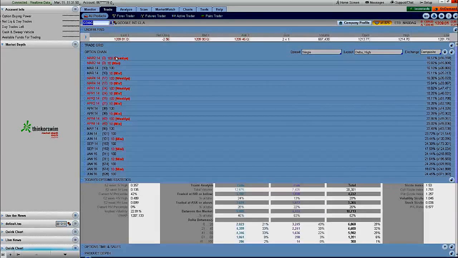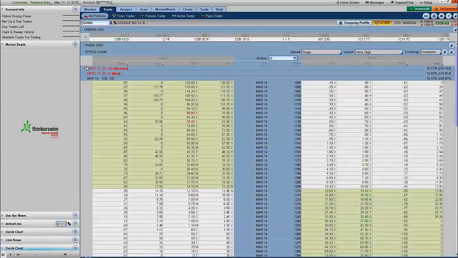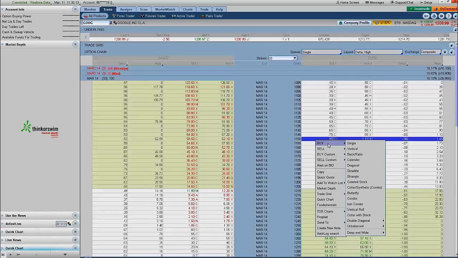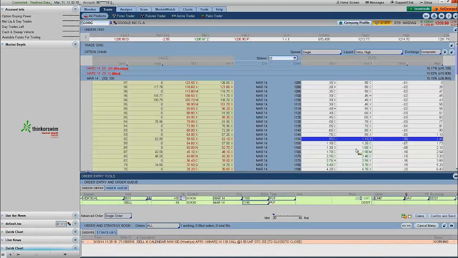The concept is to go ahead and sell. We're just going to use the monthlies, the March monthlies, which are right over, let's see here, 10 days to go. The March 1150 puts. So this is going to be a vertical trade. We're going to buy a vertical where we're buying the 1185s and selling the 1150s. And you can see that we're probably looking at about